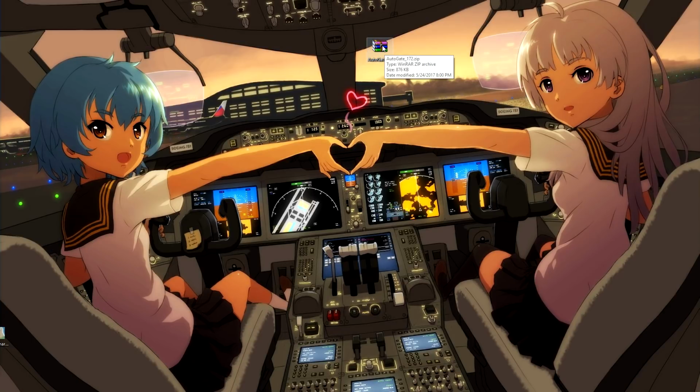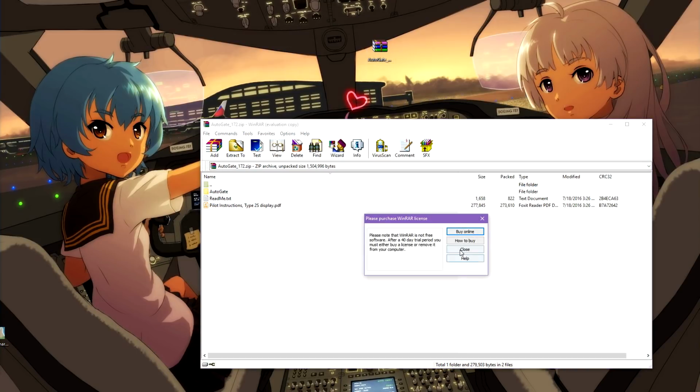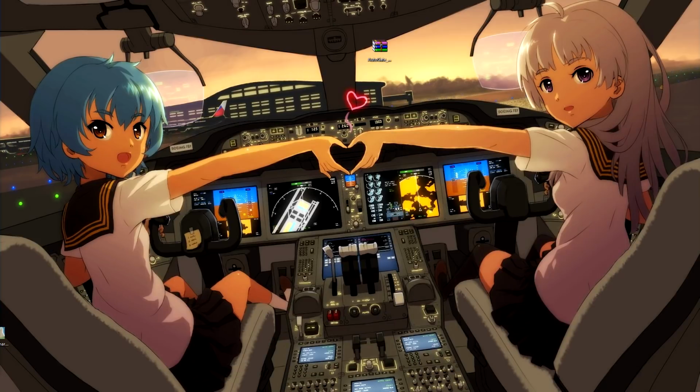This is pretty simple to do. Open this bad boy up, and you're going to see these three objects in here: a README, pilot instructions on how to use the 2S guidance system display. That's kind of a more how-to document, not how to install or any of that stuff. The only thing that we're really interested in is the Autogate folder here. Get out the way. We need our X-Plane